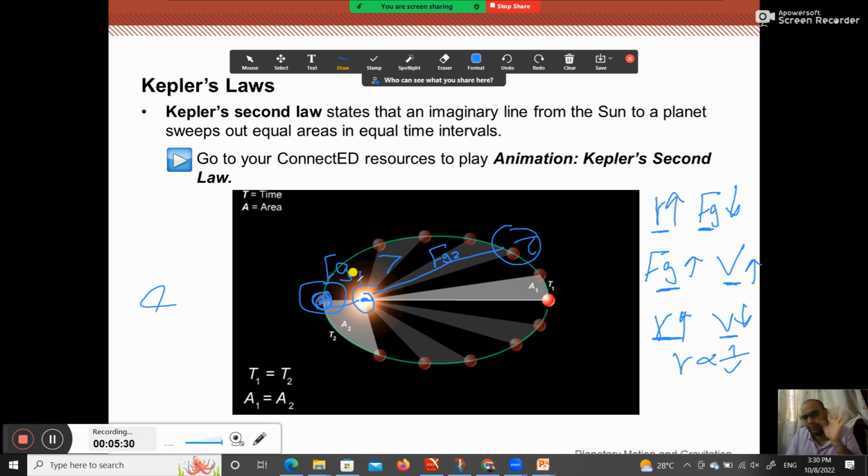فبقى كيبلر بيقول لي ايه بقى؟ خد بالك انت عندك الفيلوسيتي will change والR اللي هي distance will change. طيب يبقى هنقول at equal intervals of time. This point is very important. At equal intervals of time, an imaginary line from the sun to the planet sweeps out equal areas in equal intervals. يبقى خد بالك انا لما يكون عندي equal